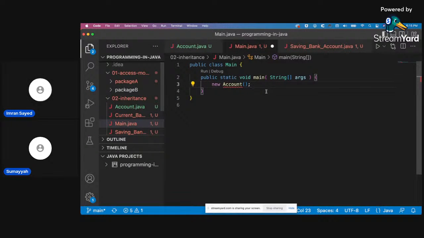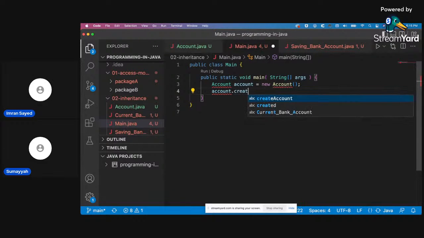Go to main and say account equals new account dot create account.